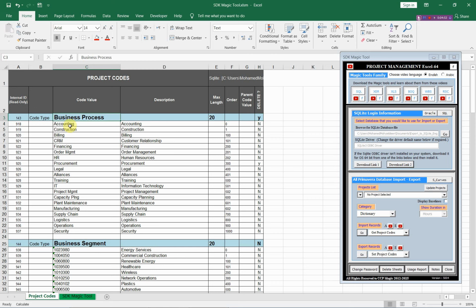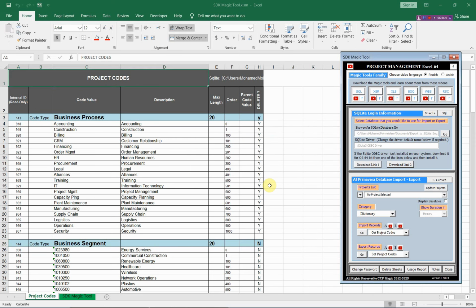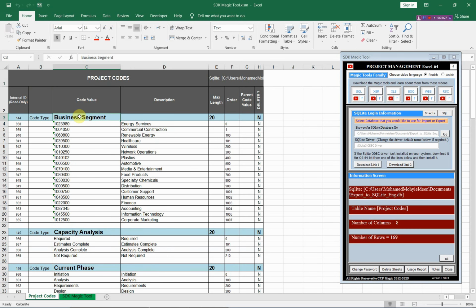project code in order to see how flexible it is when you use the SDK Magic Tool. We will export this to Primavera. We will remove this business process, and the project codes will start with business segment. Okay. We will get a warning message. Okay, remove. The modifications have been done. Okay, let us import the new results. As you see, the project code starts with the second one, and the first project code has been deleted with